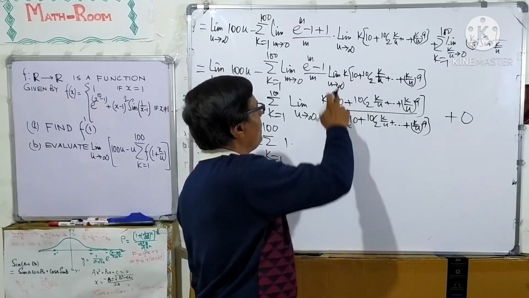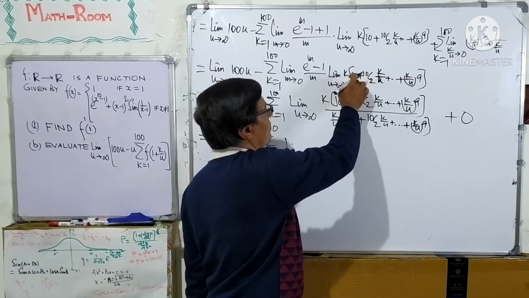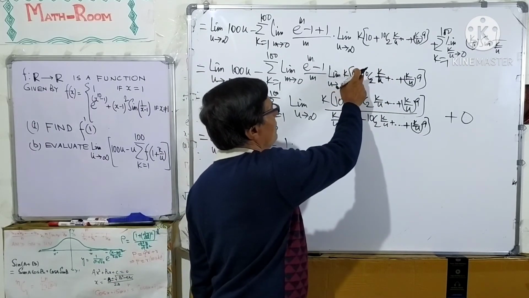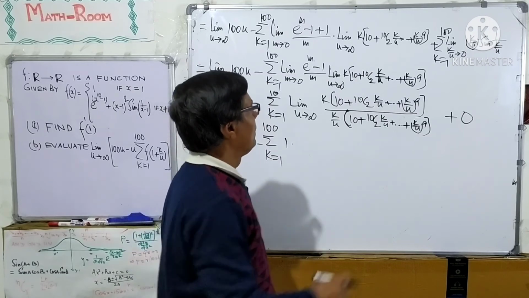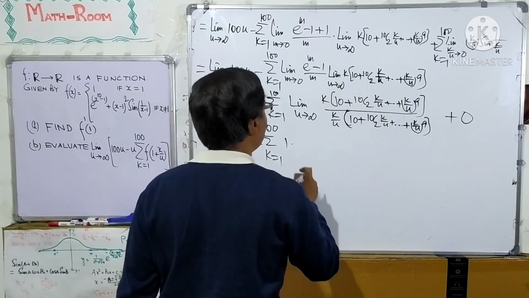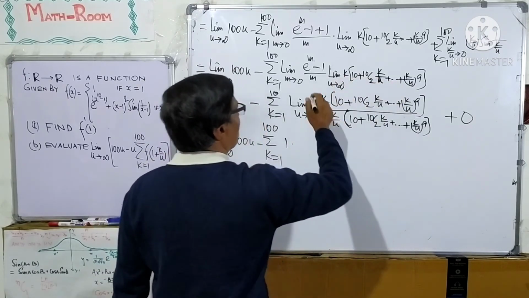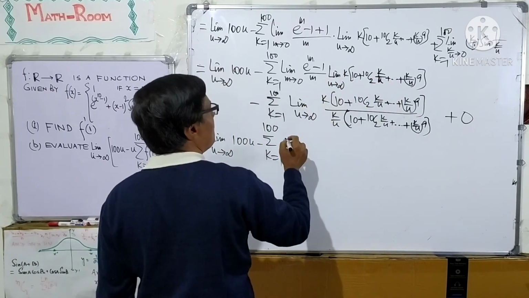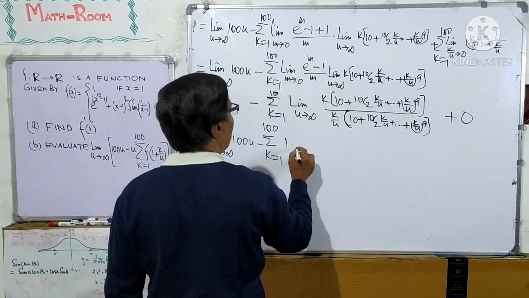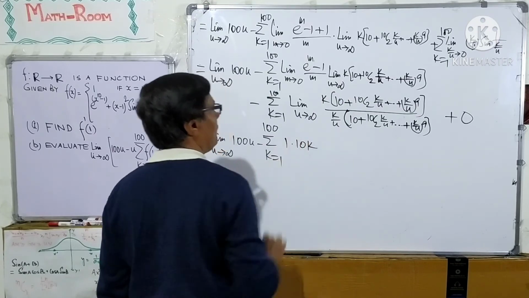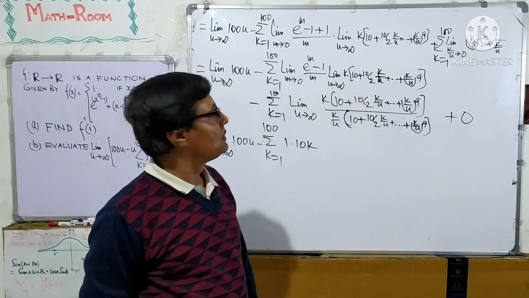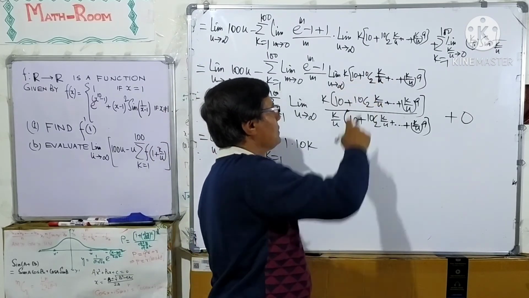If the limit u tends to infinity, the value of this limit is 10k, only 10k, other terms are 0. So, other terms vanish. So, this limit value is also 10k, only 10k, other terms vanish, that is, other terms are 0,